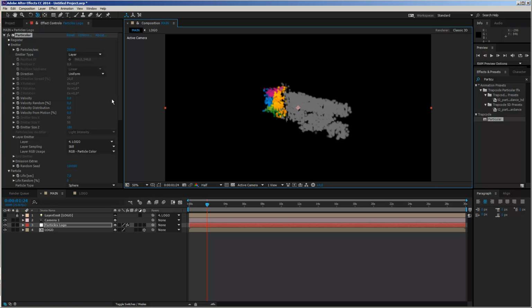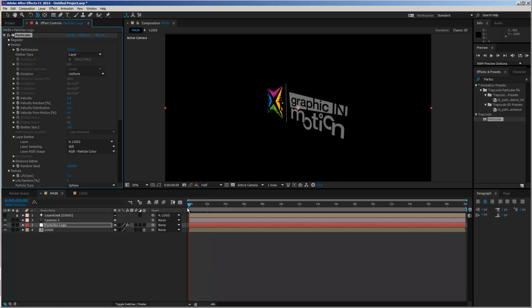So I probably have to increase the particles per second. And I will increase it to 75,000 for now, because I want this logo to build up quite fast. So let's see. Now it builds up approximately in 1 second. So this is probably good. I'm not sure. We will maybe come back here and change this later on. But for now, I think that this is good.